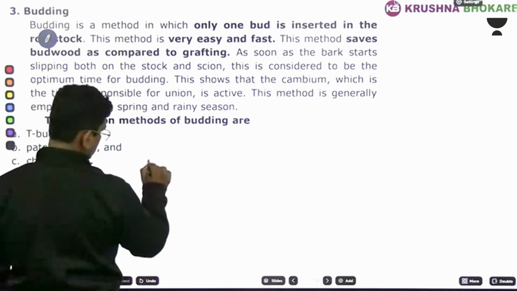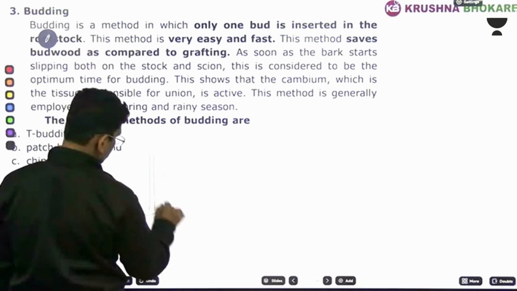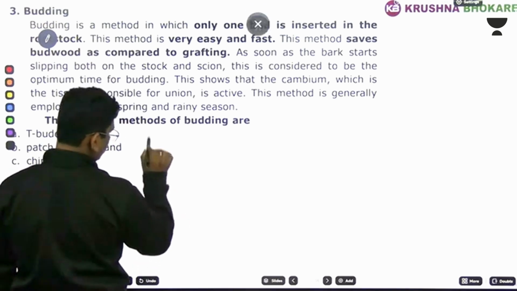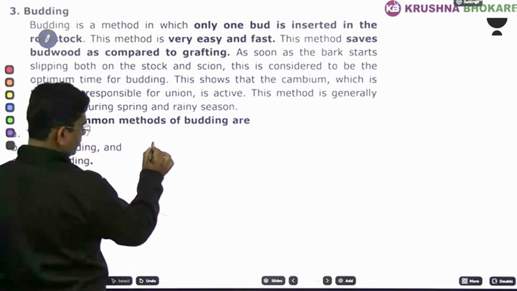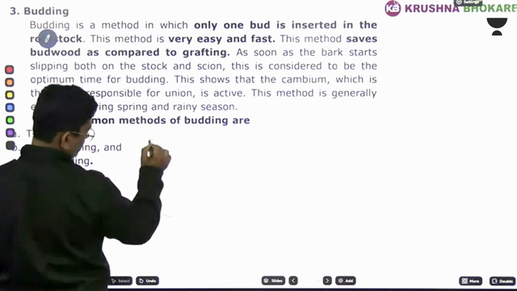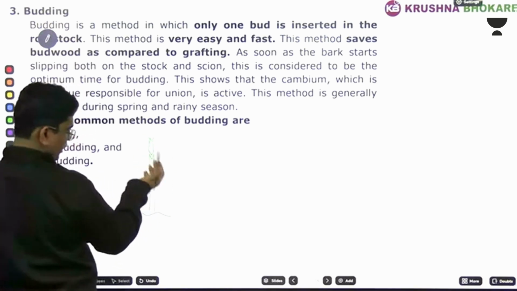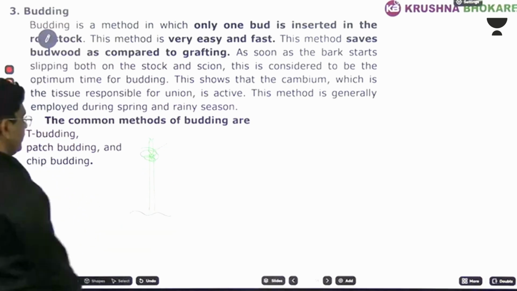Let's say this is your mango plant, okay. So what they are doing is a V shape cut here in the branch and adding a fresh bud. This is the fresh bud having the same size, then inserting into the scion and rootstock, and then packaging. ये हो गया आपका budding.